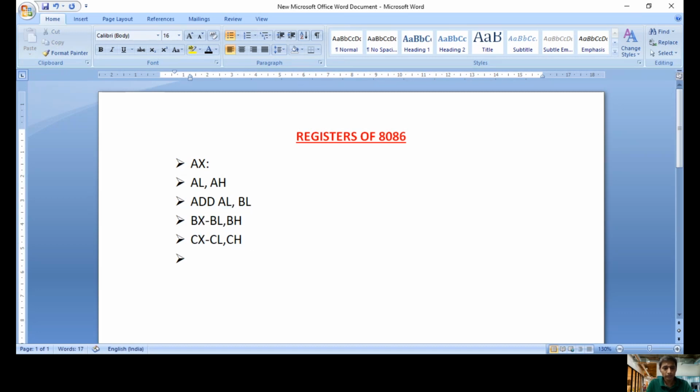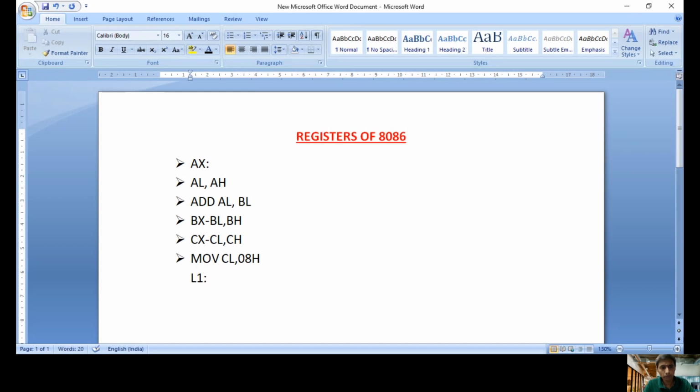Then it will perform addition 8 times until this count clears to 0. For example, see here: MOV CL, 08H. Initially I'm loading CL with 08H data. Now I write something like decrement CL. Then CL is decrementing and it will continue the addition of 8 numbers. For every addition, CL is decrementing. For example, after the first addition, CL is decremented. Again, the loop continues. If you want, I will write it like code.